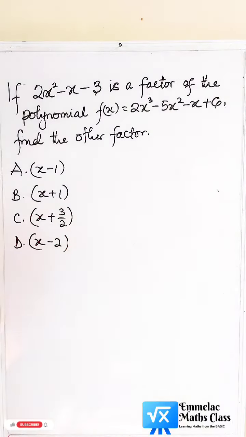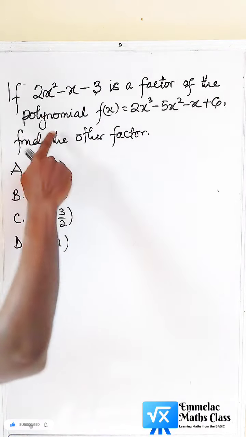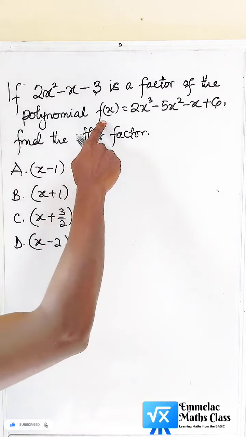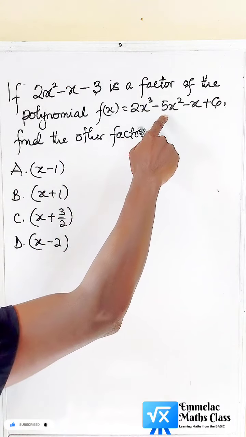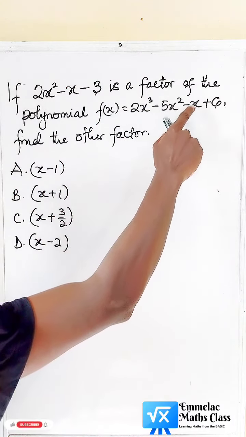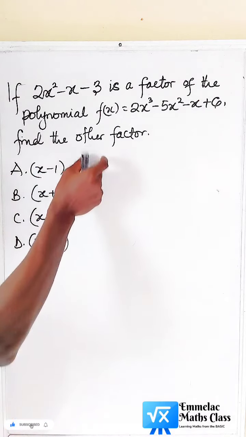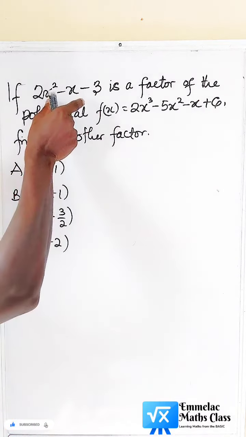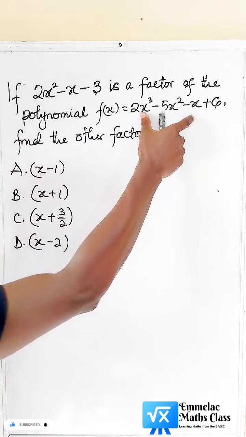Now let us solve this polynomial question: if 2x² − x − 3 is a factor of the polynomial f(x) = 2x³ − 5x² − x + 6, find the other factor. Now it implies that this other factor multiplied by this quadratic expression will give us this